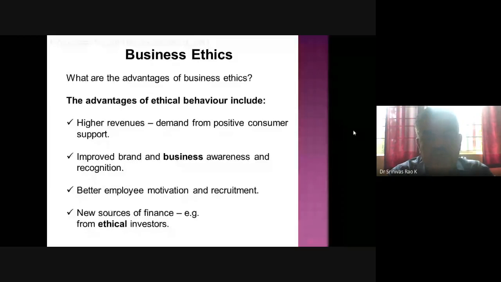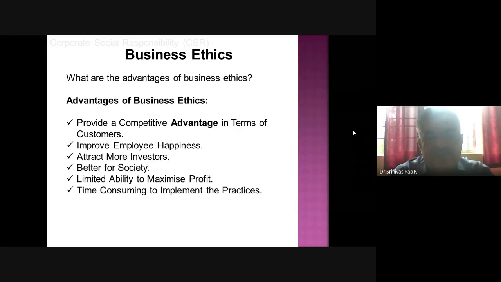Better employee motivation, because everyone knows that the company is very good and following ethics. Then, of course, ethical investors will also have an interest in your company. Then it provides a competitive advantage in terms of customers, improves employee happiness, attracts more investors, and is better for society. Limitations are limited ability to maximize profit and time consumed in implementing the practices. All these are advantages you can explain in the exam, because it generally comes as a short question. In a short answer, don't just write paragraph-wise. Explain what business ethics is in about 4 to 5 lines. Then write the advantages and how they are going to affect the business. Everything you can write